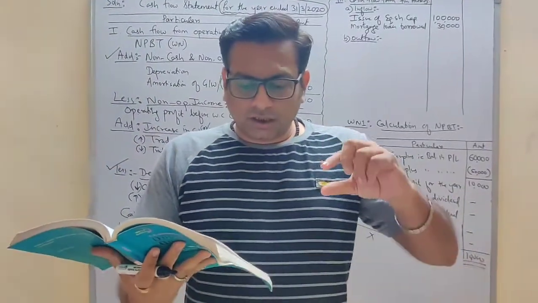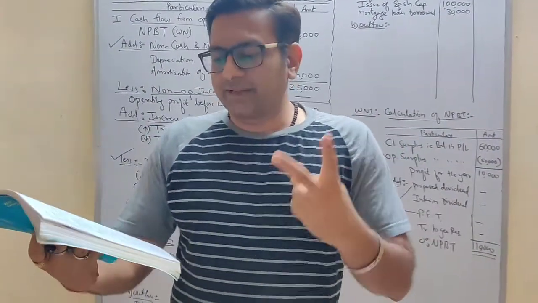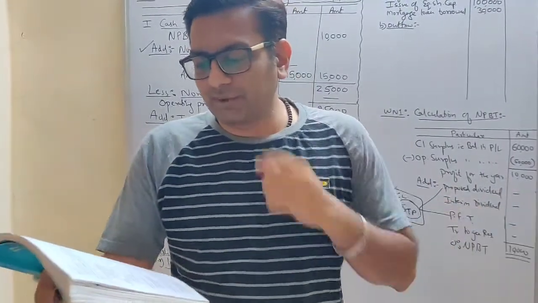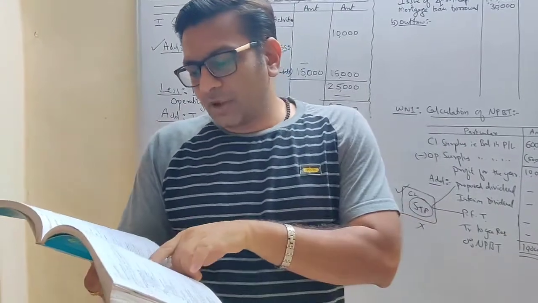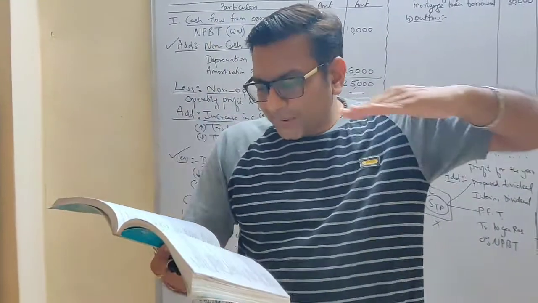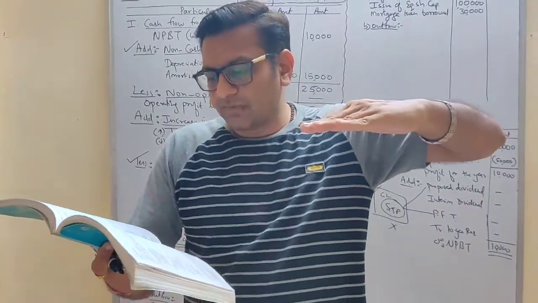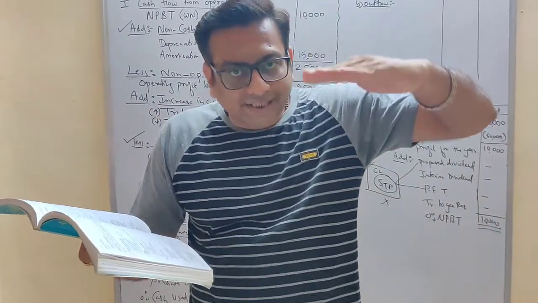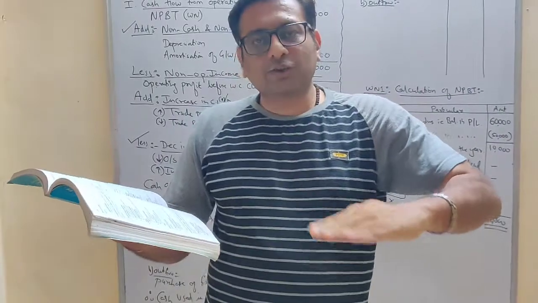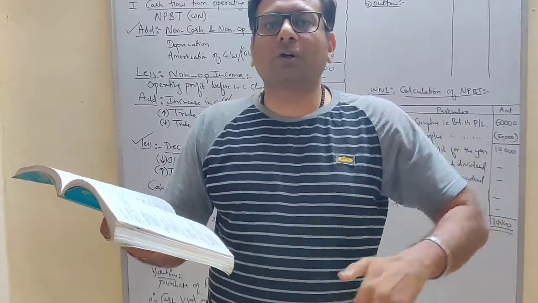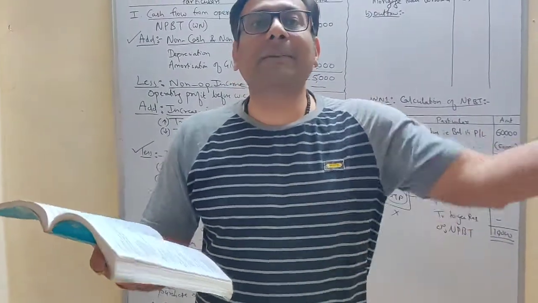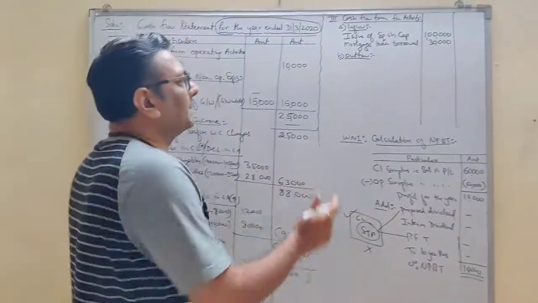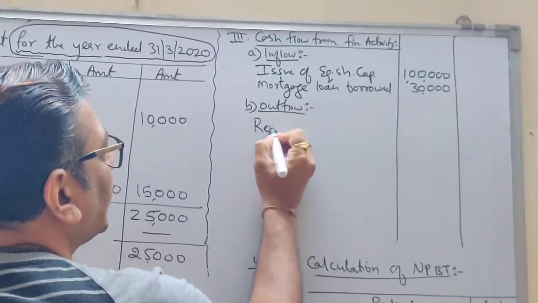Now, again under long-term borrowing, they have given us the second item, public deposit. It is again a borrowing which we have taken from the public. The opening balance is 70,000 and the closing balance is 10,000. From 70,000 it is decreasing. It decreased to 10,000. What does it show? That we have repaid. If the balance is going down, we have repaid. So repayment, you will write it as outflow.